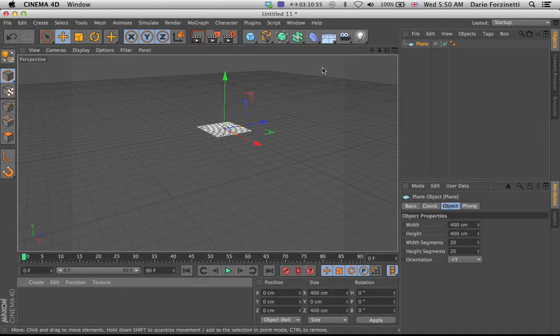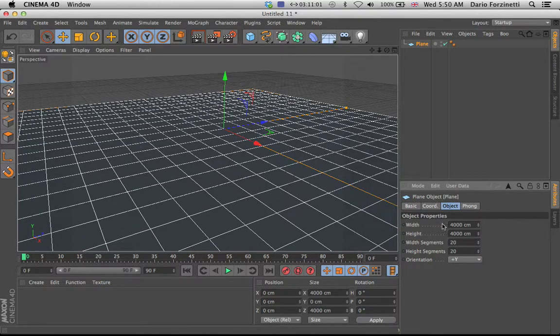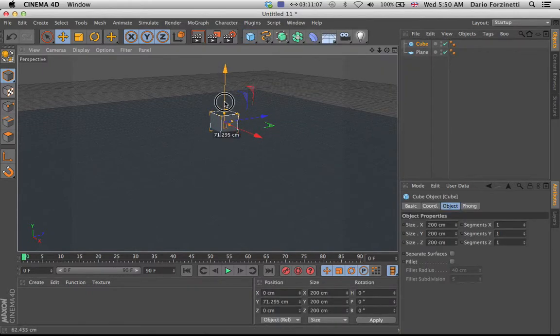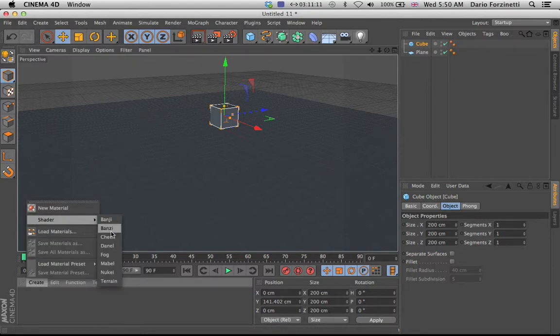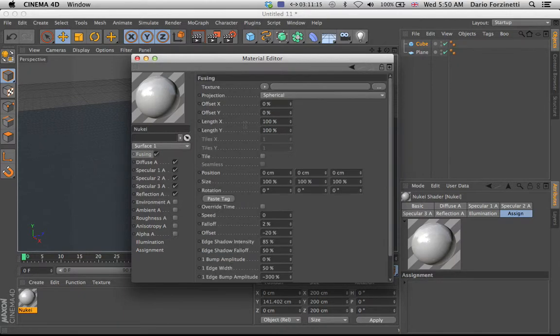What you have to do first is create a plane. You can actually do that by clicking 40 meters by 40 meters. And then what you can do is make a cube and then create a color in Nukai. Nukai is to put texture on top